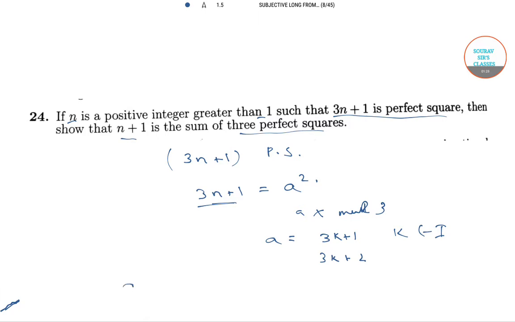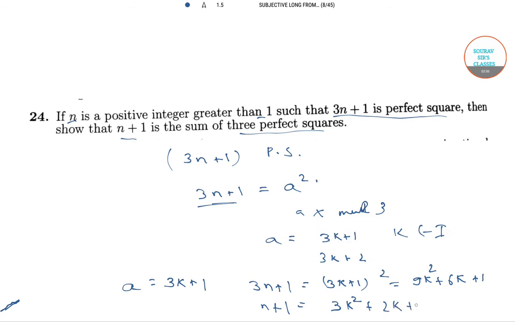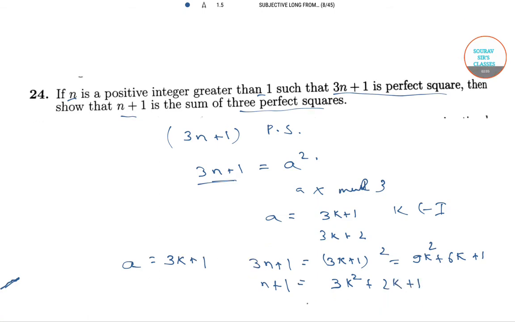Now, taking a equals 3k plus 1, we have 3n plus 1 equals (3k plus 1) square, which equals 9k square plus 6k plus 1, or n plus 1 equals 3k square plus 2k plus 1, which equals k square plus k square plus (k plus 1) square, that is the sum of 3